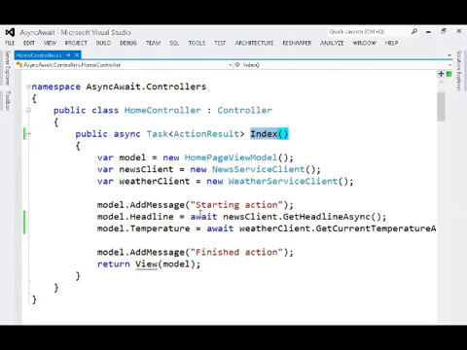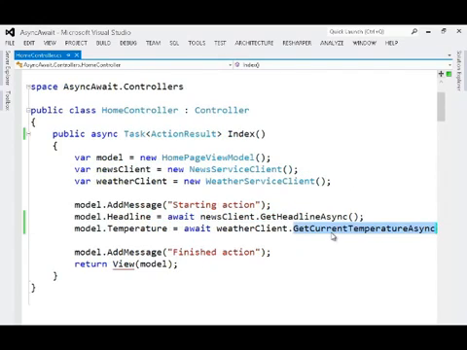That thread comes through until it gets to this get headline async, and at that point, since it's awaiting it, we can suspend execution at that point. The thread can jump out of this method, continue processing perhaps some other requests, and then when that result's ready, the original thread or perhaps some other thread that is used to process HTTP requests can jump back into this